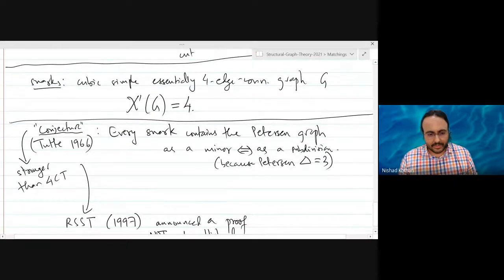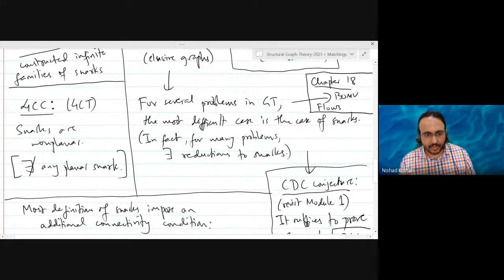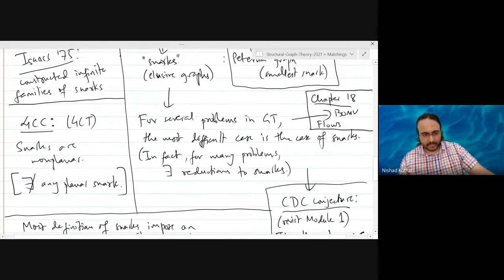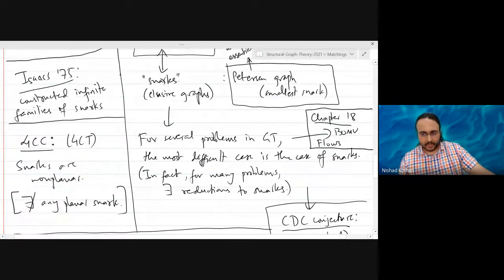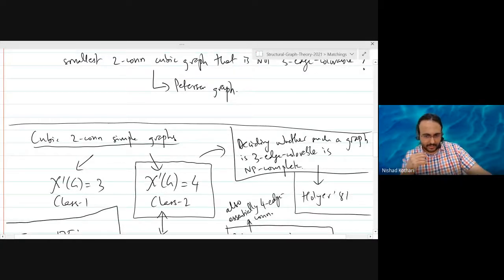Anyway, so that's all I wanted to tell you about snarks. They are a very beautiful class of graphs. If you want to read more about snarks, there is a lot of sources out there. Bondi Murthy also has some constructions of snarks in different chapters. So you can take a look at that. But I just wanted to tell you about it because it's a really important class of graphs that captures the difficulty of many open problems in graph theory, right? And probably this is also my favorite NP complete problem because it's just a cubic graph. You know, it's 3-edge colorable or 4-edge colorable, but you just can't decide.